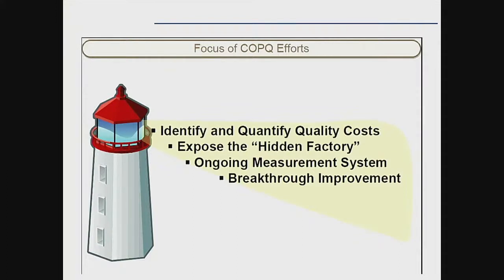Develop an ongoing measurement system, how you are going to capture this cost, and later come to the analysis. Once your analysis is done, how you are going to start the breakthrough improvement on cost of poor quality. So in today's presentation I am talking only about the analysis part. Breakthrough improvement or action plan comes later because most of the time we really don't know where we are losing our money. If we do the analysis in depth, we get the right things on the table, and I'm sure 50% of the job is done because we know where we are losing our money.